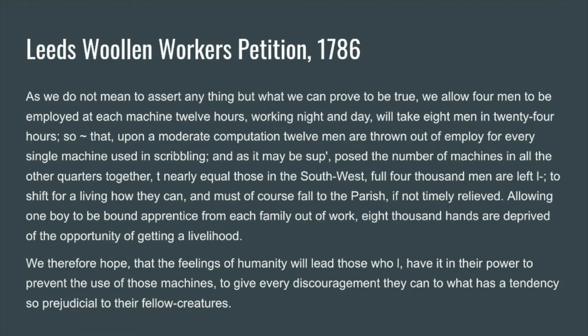and their families. Allowing one boy to be bound apprentice from each family out of work, 8,000 hands are deprived of the opportunity of getting a livelihood. We therefore hope that the feelings of humanity will lead those who have it in their power to prevent the use of those machines, to give every discouragement they can to what has a tendency so prejudicial to their fellow